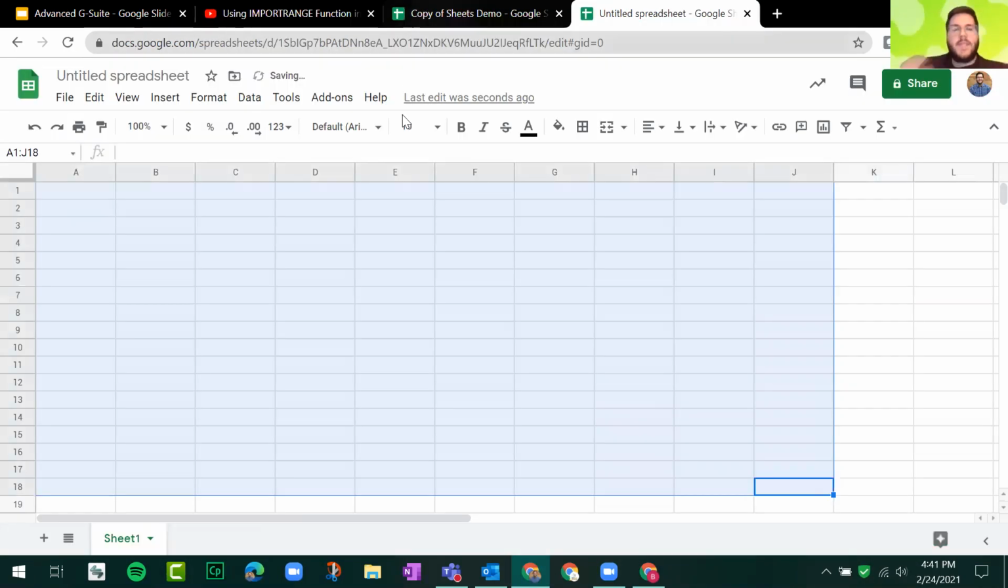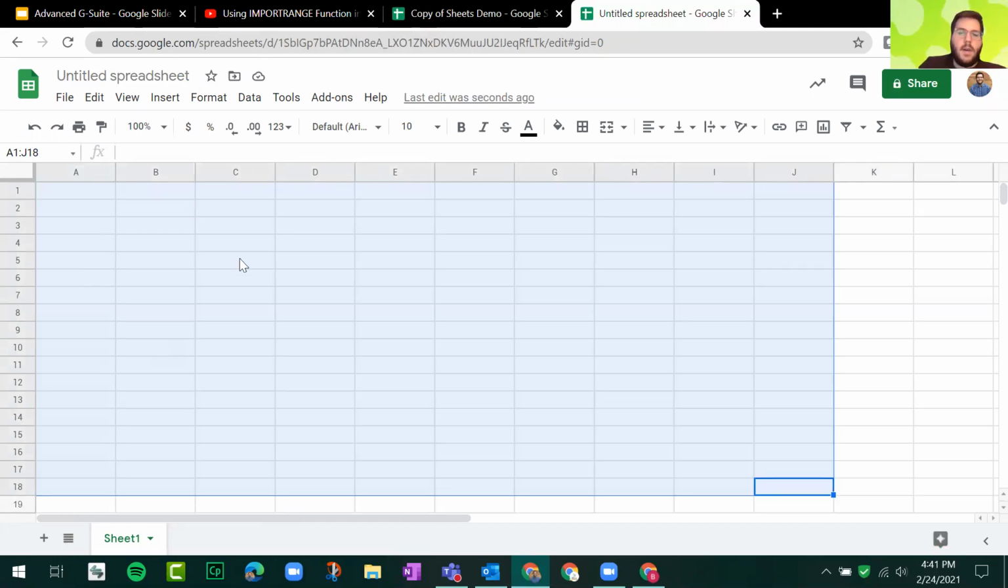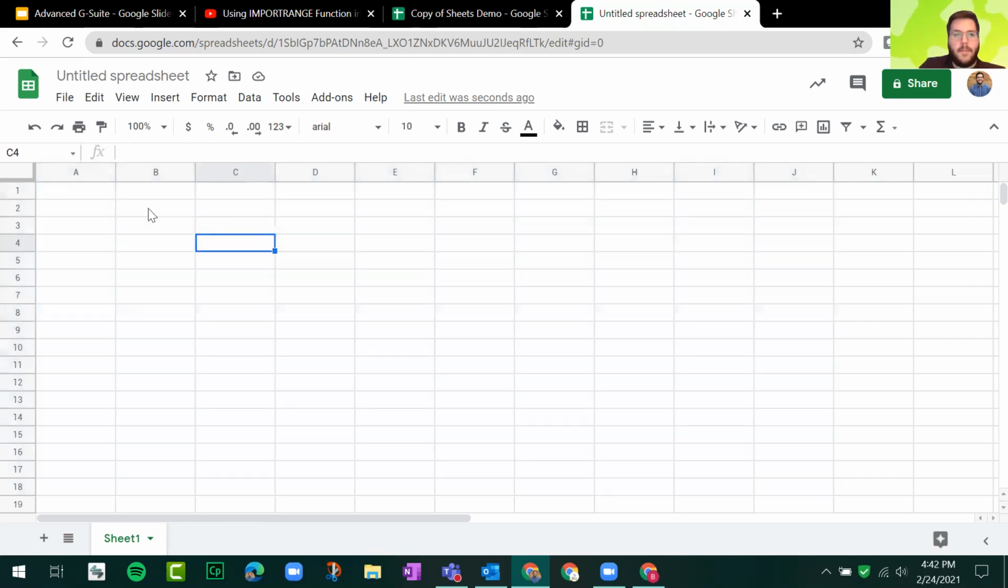What this formula does is it will take the information that's on one sheet and carry it over to a completely separate document, and it will continue to update it in real time. Okay, so if we do equals